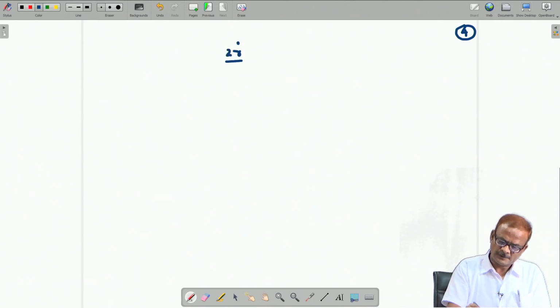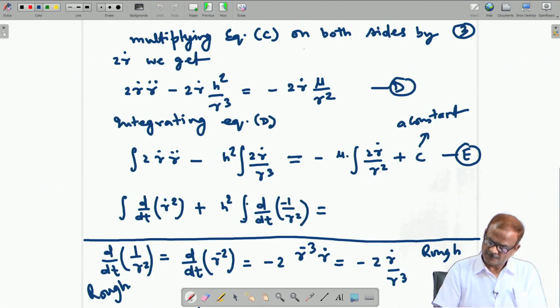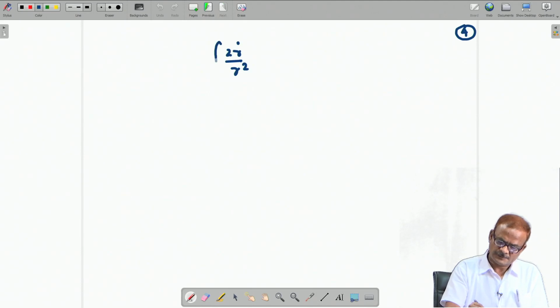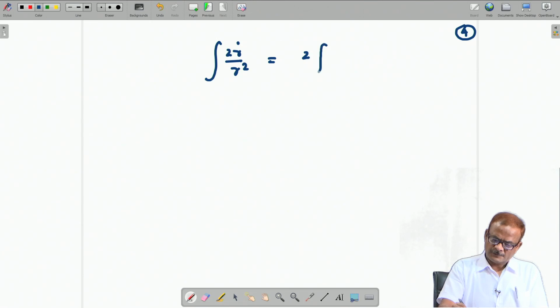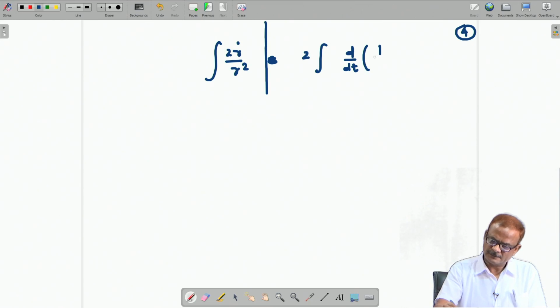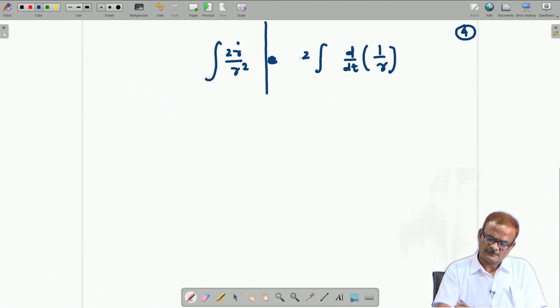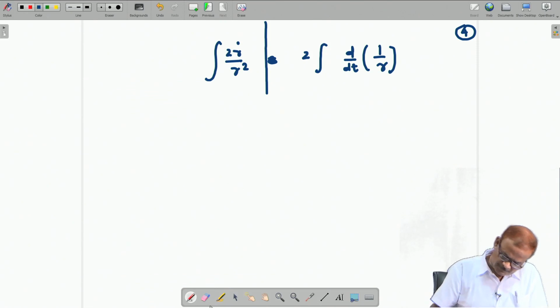Two r dot by r square, 2 r dot by r square, this is integration. So, we take 2 outside. If we write d by dt, okay, forget this. If we take the quantity 1 by r here, d by dt 1 by r, okay, these 2 also will remove,